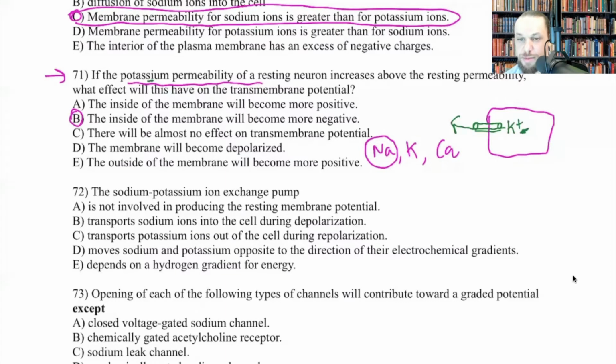If you want to commit something to memory, the following I would commit to memory. Cells are bags of potassium in a sea of sodium. And the other important thing is sodium is the primary cation responsible for depolarization, and potassium is the primary cation responsible for repolarization. Not only is this important for your nervous tissue, but when we get to the cardiac tissue, this will be so important for you to learn,